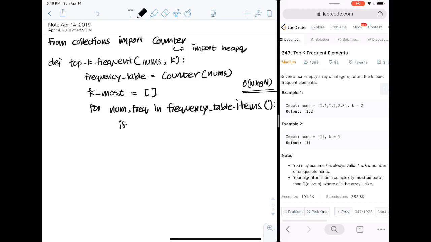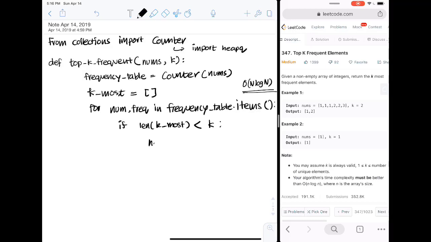So I can say if length of kmost is less than k, then simply